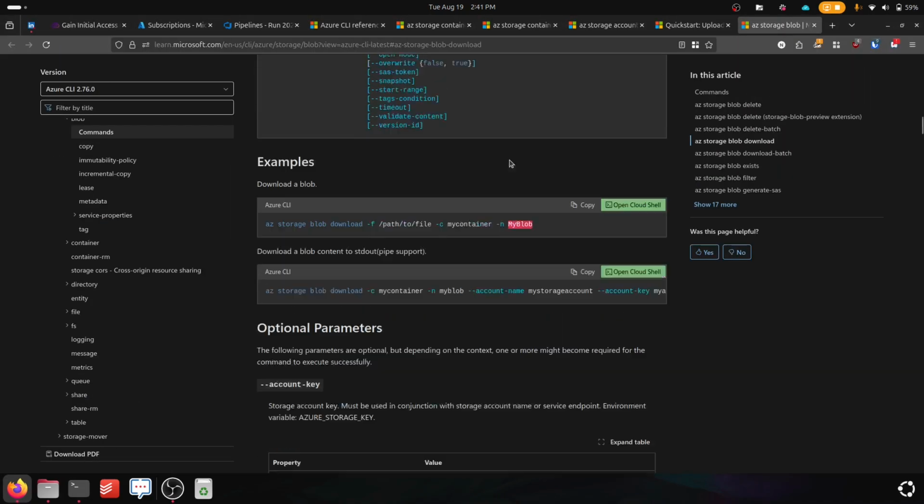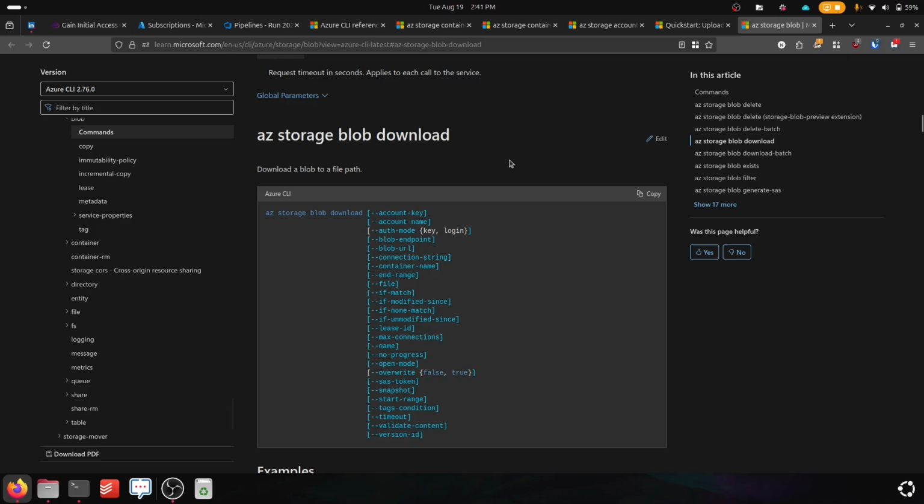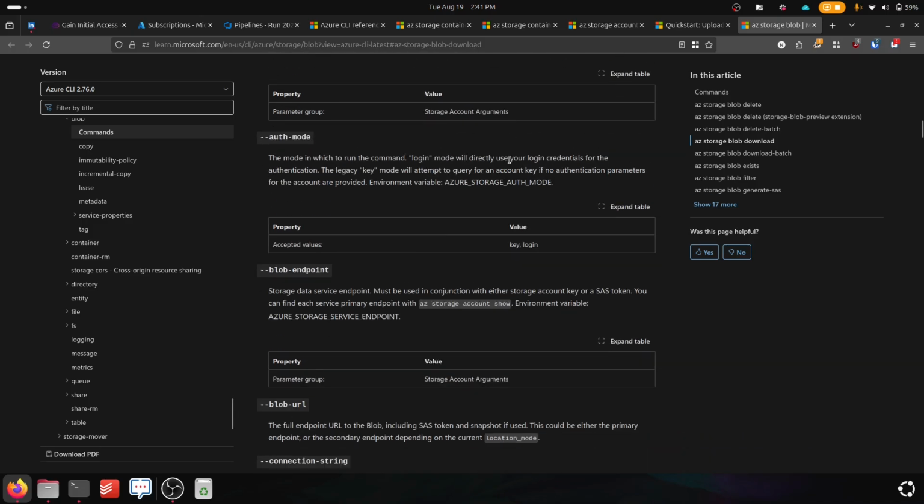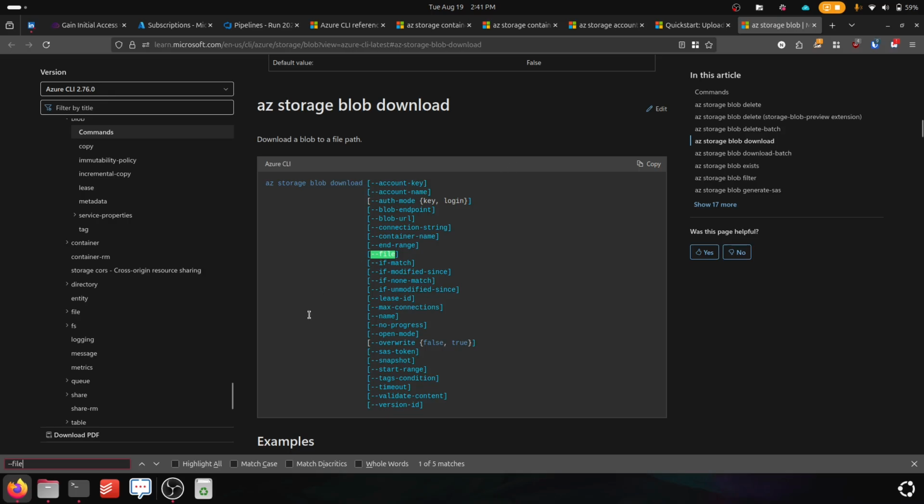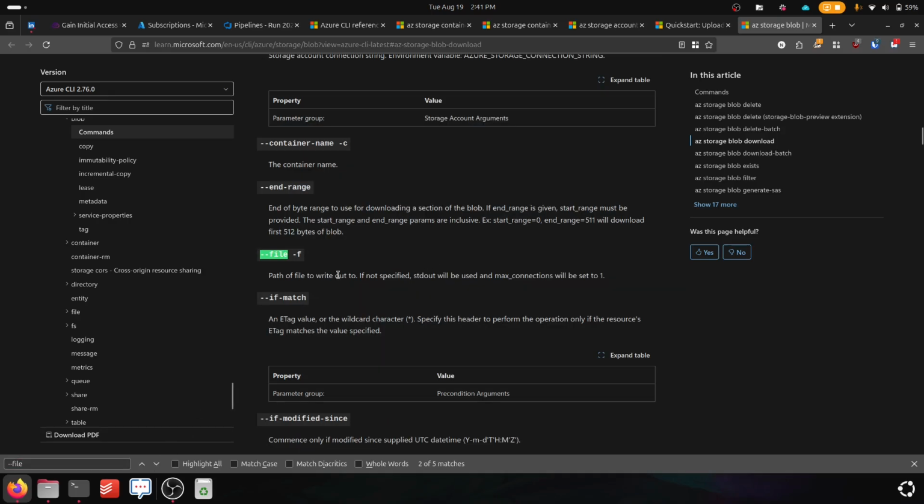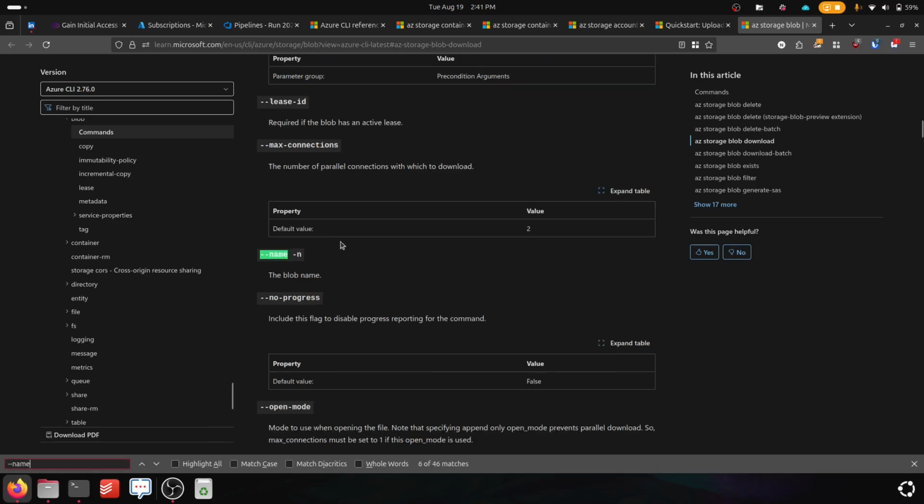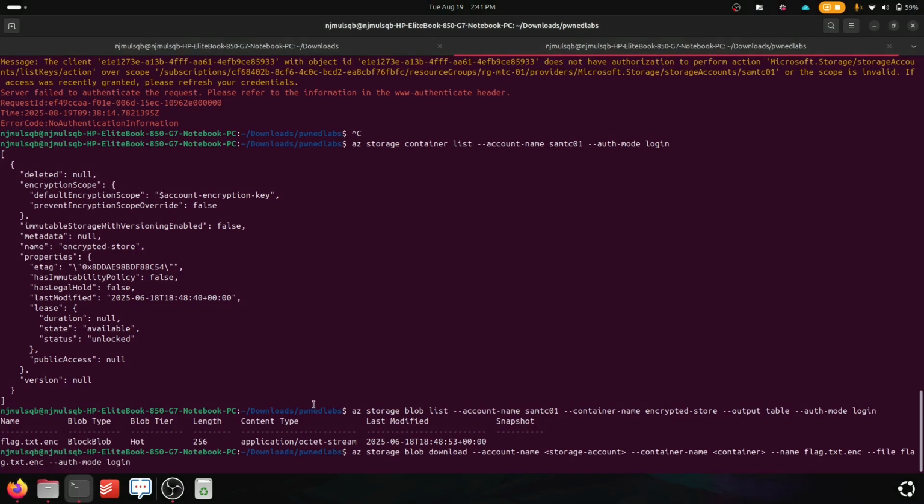So dash dash name, blob download dash dash file: path of file to write out to if not specified. Okay, fine. And name is probably the name of the file. Okay, perfect. The blob name. So we don't really need to specify the file argument here since we wanted to write it to the current path. So this is the name, and container name is